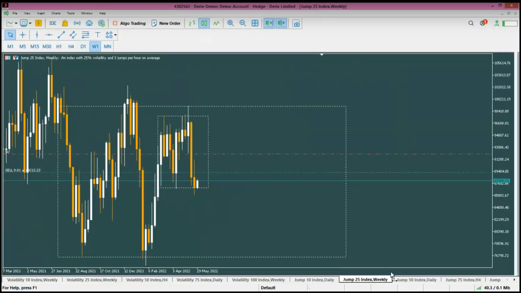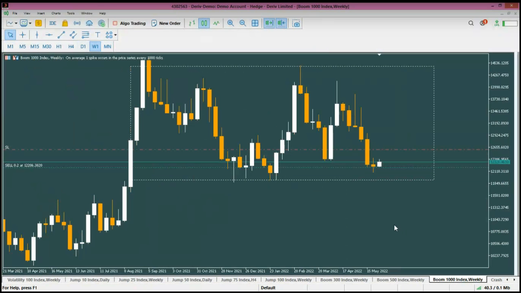All right, let us go to boom 1000. On boom 1000, we are waiting for a selling opportunity there. What happened is that last week, as you can see, this candlestick here, the one that closed today at around 2 a.m., clearly shows that there was a big fight between the bulls and the bears, between the buyers and the sellers. So what happens when it closed yesterday? This candlestick here shows that there was indecision.